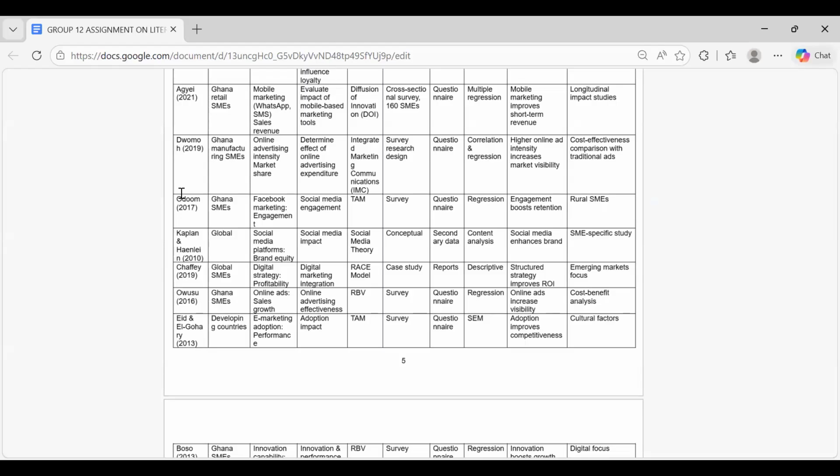However, Odum 2017 called for the use of rural SMEs because most, 90%, or let's say 60% of businesses exist in the rural areas or peri-urban areas. Therefore, this